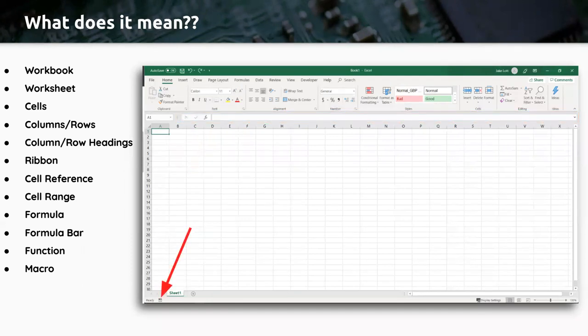And then lastly, that we're going to really focus on as we get into it. A lot of people might know that this is here. We're going to use the ribbon to get to our macros, but you can very quickly click this little button down in the lower left corner and start recording a macro. And if we're going to simply define what a macro is, it's just a recorded combination of functions and processes that you can save to repeat automatically later on. So that's what we want to get into, and that's what we want to be able to create and start to understand.